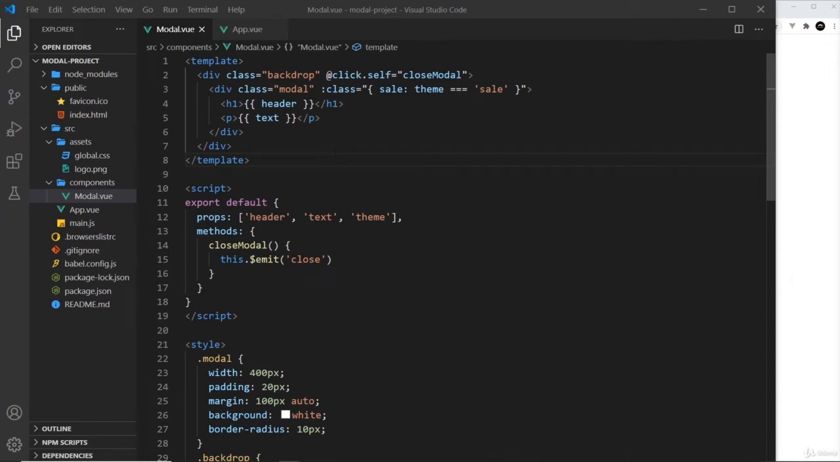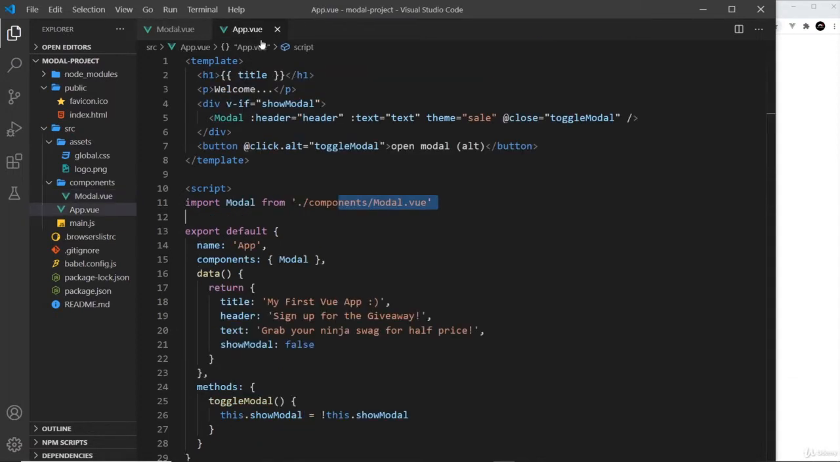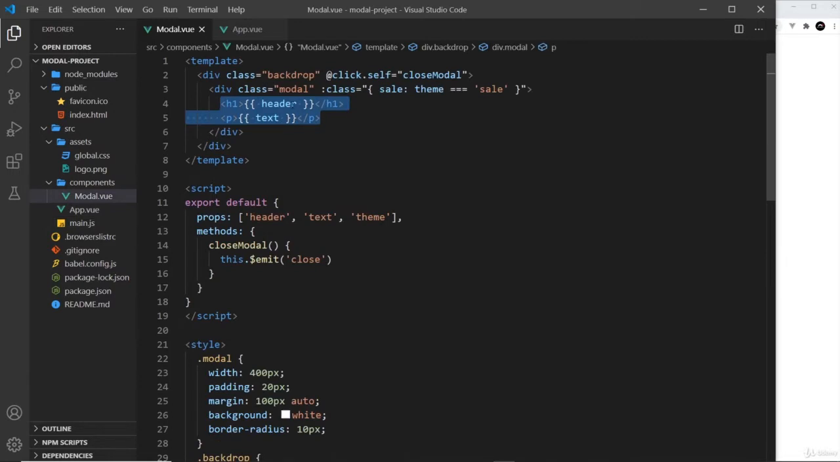Okay then, so far we're passing in our modal content right here, the header and the text, using a prop, and we do that over here. Now this is great, and we can use props to pass all kinds of data into components, and we'll be using them a lot throughout this course, but sometimes we want to pass more complex information in terms of content